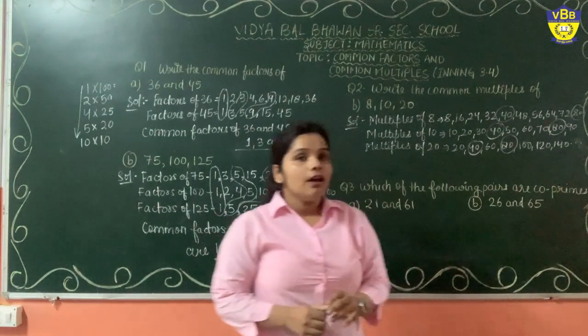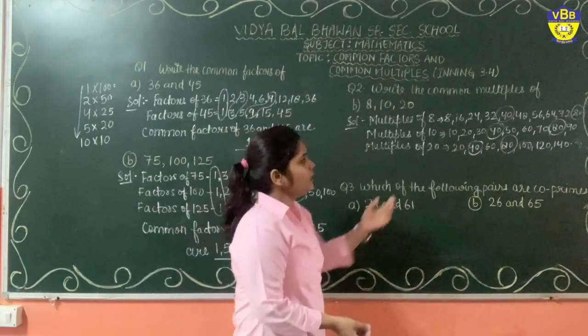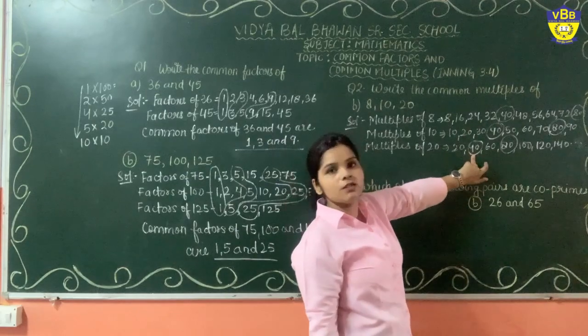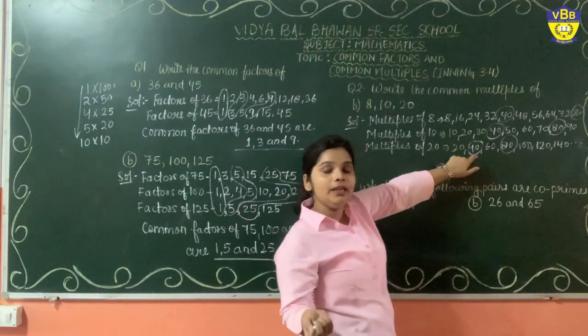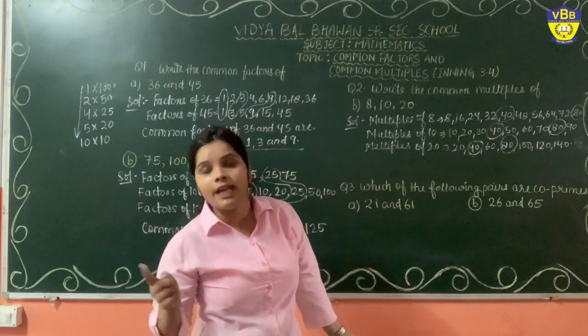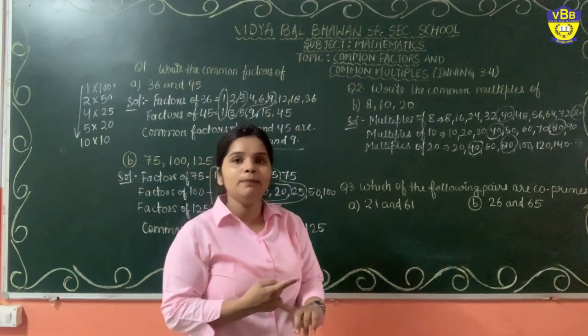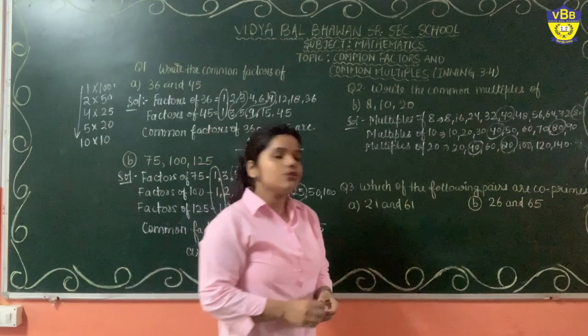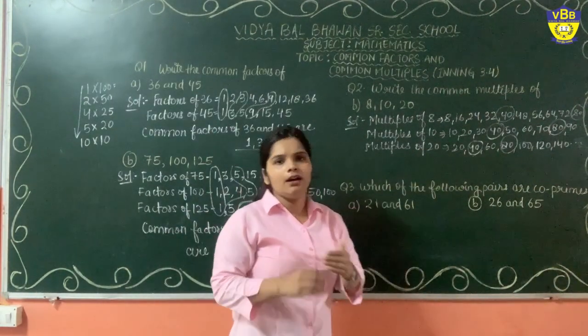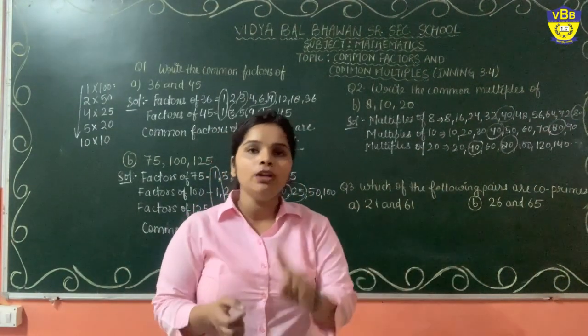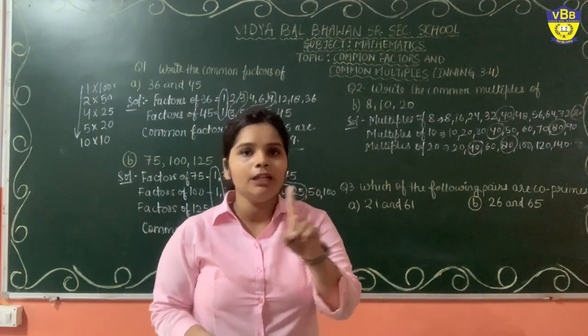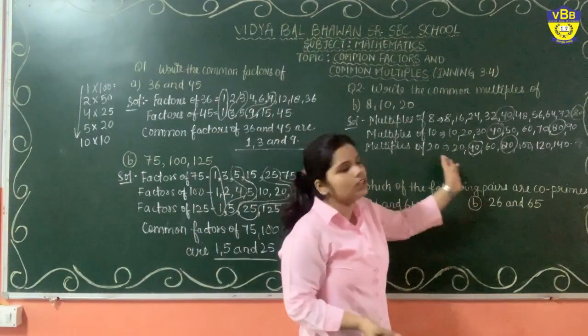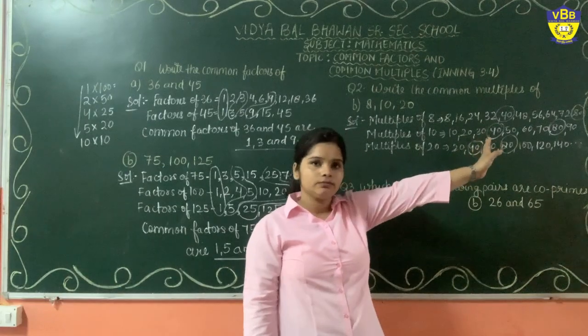So, what you can do, the first common multiple is 40. Second will be 40 multiplied by 2, that is 80. Third common multiple will be 40 multiplied by 3, that is 120. So you can write as many common multiples as you want after finding the first common multiple, without writing the table of the given numbers so far.